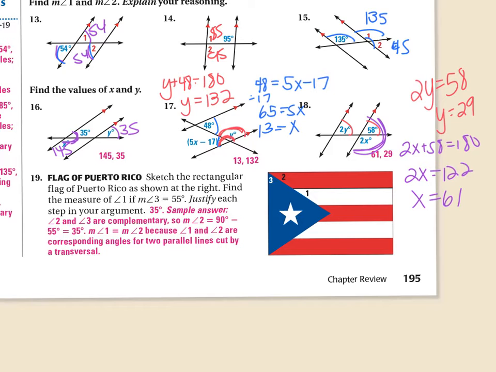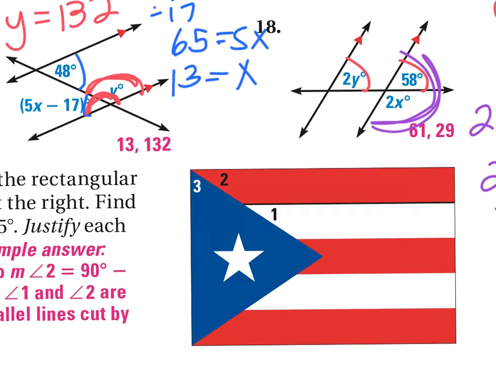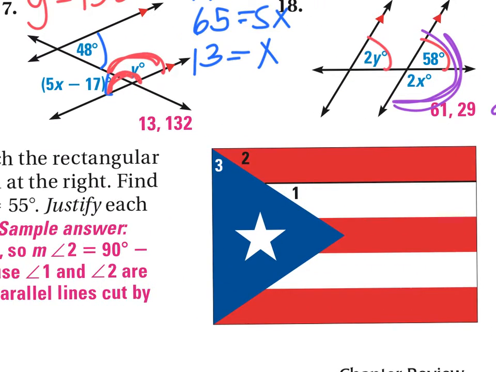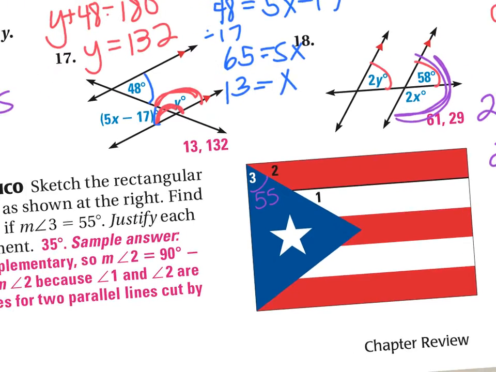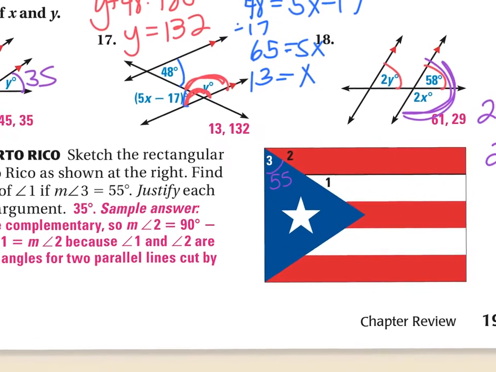19 says sketch the rectangular flag of Puerto Rico shown at the right. Find the measure of angle 1 if the measure of angle 3 is 55. And then justify each step in your argument. So if angle 3 is 55, which would be given,